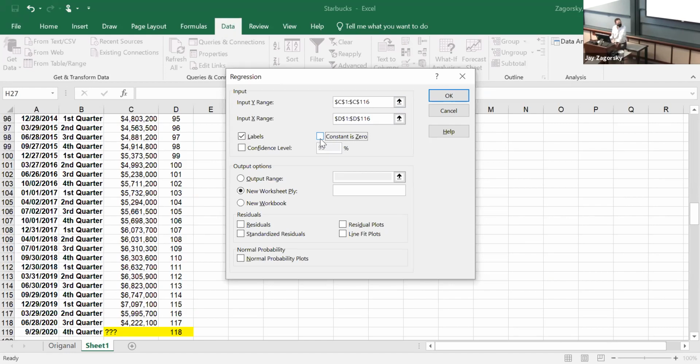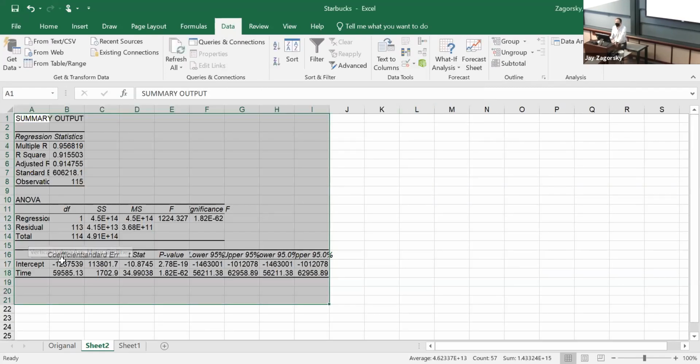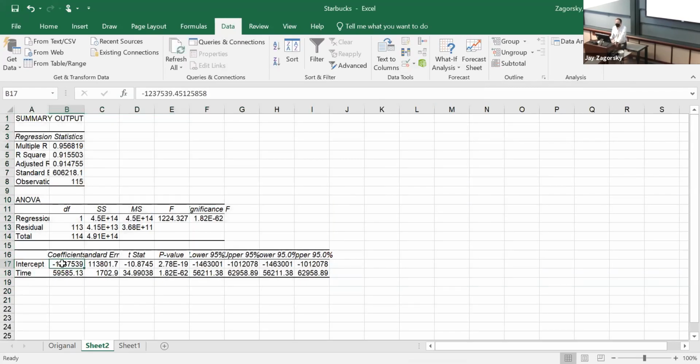I believe Starbucks started in the 80s. I'm not 100% sure, but I think for 10 years they were a tiny little place that just sold coffee machines until they became what we know as the Starbucks. We'll pick OK, and I got an intercept and a time value.